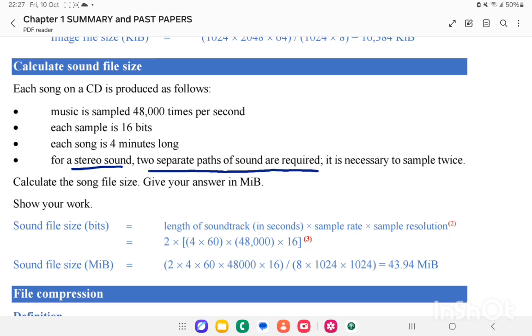So it is necessary to sample twice. Basically, whenever they mention the word stereo, you should know that whatever numbers you have, you multiply them by 2, okay? And then the last thing they want is for you to convert to MiB and you get 43.94,